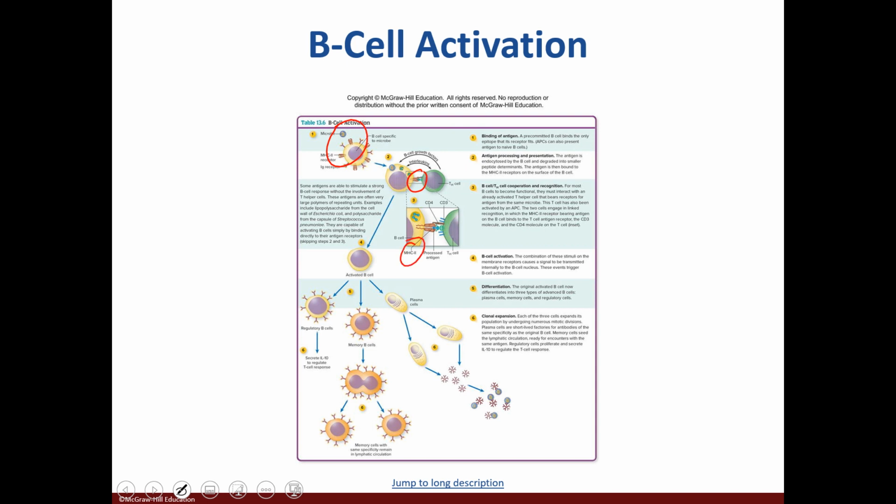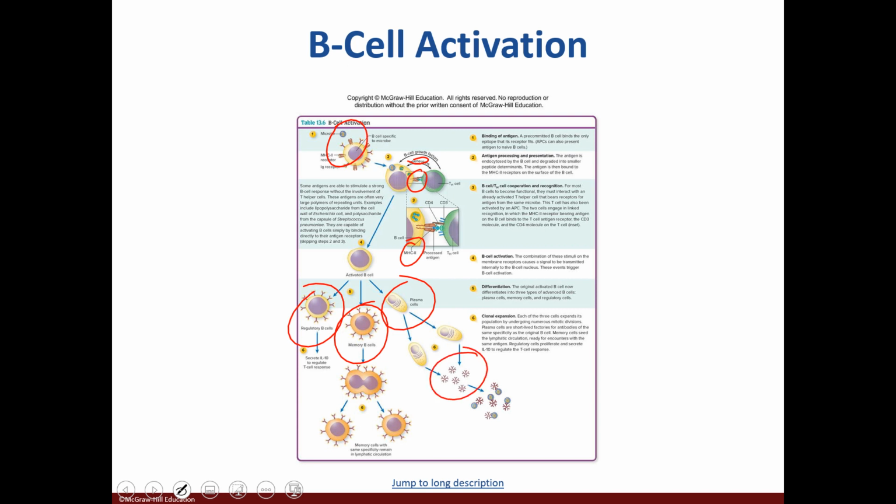They both release interleukins, and the T cell releases B cell growth factors to activate the B cell. It is then activated and differentiates into the regulatory B cells, memory cells, and plasma cells, which give rise to